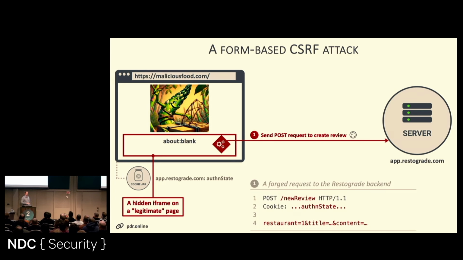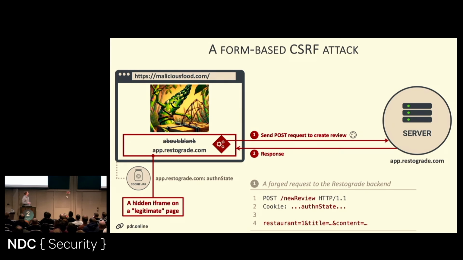You're the victims here. And when the request leaves the browser, there in step one, the browser is like, hold on, I have a cookie for app.restaurant.com, slaps it on the request, and sends it out. And the backend is vulnerable here. The backend is mistaken, and it's like, ooh, a request for a new review. It takes the cookie, oh, that's Philippe, creates the review, bam, and you get a response, and everybody's happy. Well, at least the attacker is happy, the app is naively happy, and the user has been victimized in this